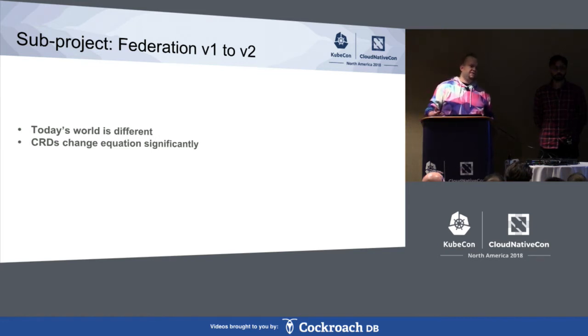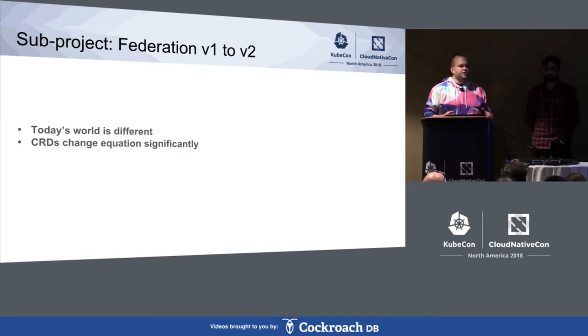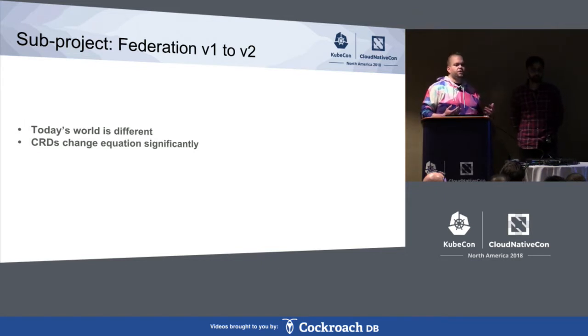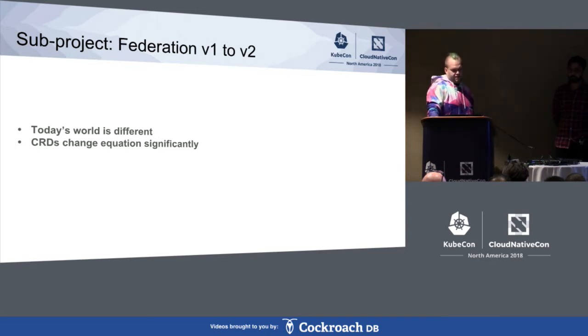So you may have heard of custom resource definitions, and that really means that in order for something like Federation to be useful, it has to support types that we don't know about in advance when we write Federation. That has motivated us in Federation v2 to move to a purely configuration-driven approach and base Federation v2